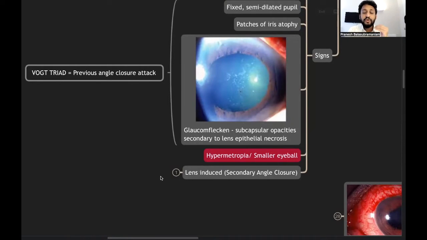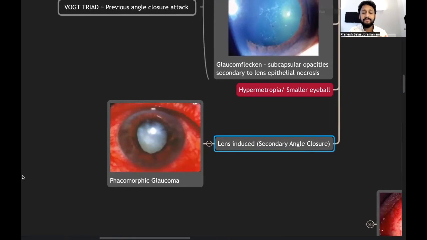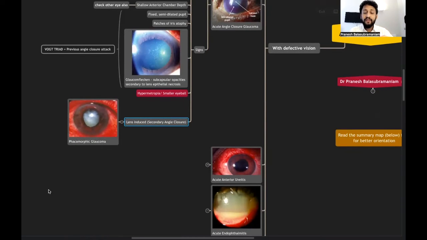Most commonly it will be lens induced, in mature cataracts, very dense cataract. The cataract is going to bulge, causing an angle closure, what you call lens induced, or here in our case, a phacomorphic glaucoma. Okay, very important. Now, coming to the other important differential diagnosis for acute red eye with defective vision, we have